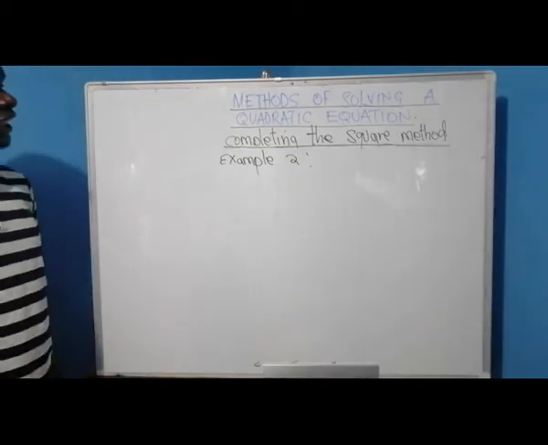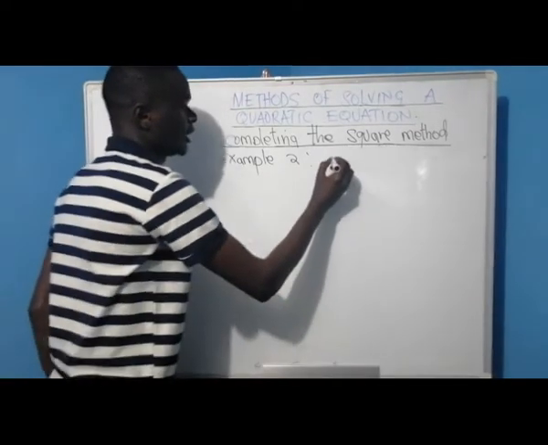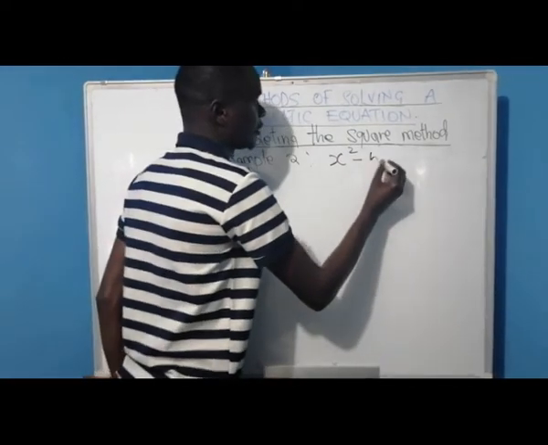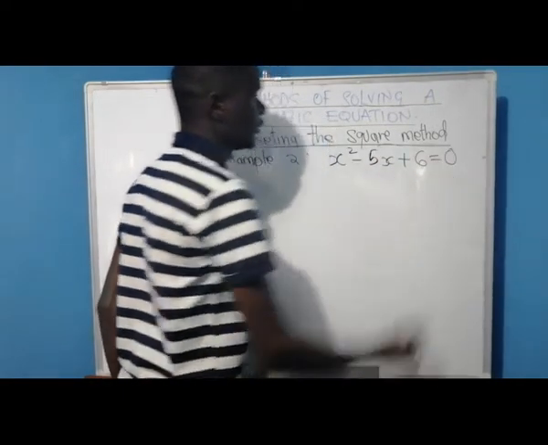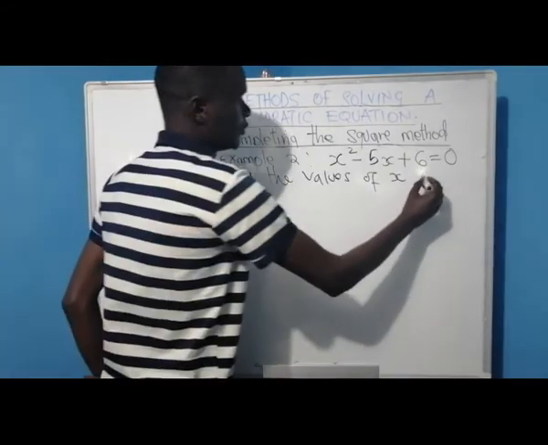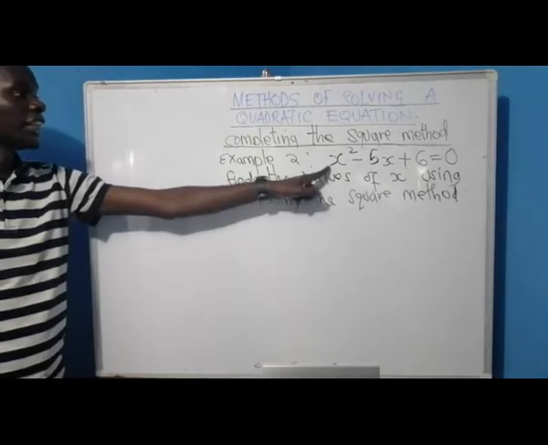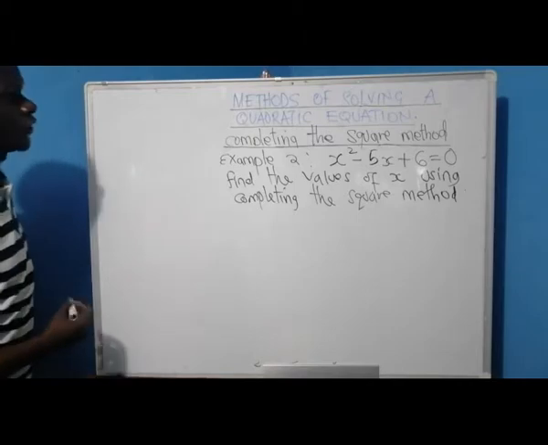And here, let's look at a different type of example, whereby we have x squared minus 5x plus 6 is equal to 0. And you are told to find the values of x by the completing the square method. In this case, the coefficient of x squared is 1, its unit, and therefore we move to the second step,